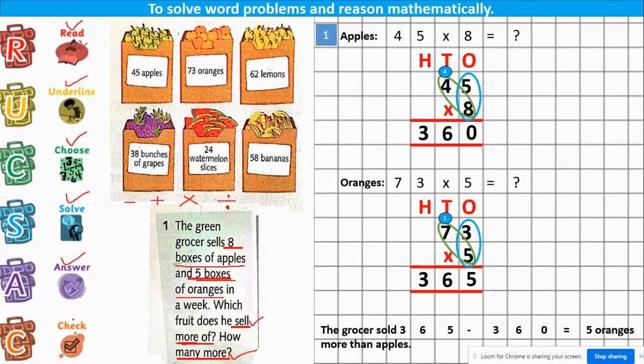Now, what are we supposed to check? We have to check whether each and every calculation that we have done is correct or not. Okay, so after finishing or writing your end statement, you have to go back from the top and check whether the sum you have solved is correct or not. Okay, so after checking, you are done with your word problem. So this is how you can use the rucksack strategy for solving a word problem. If you have any other strategy which you wish to use, you can always go ahead and use it.